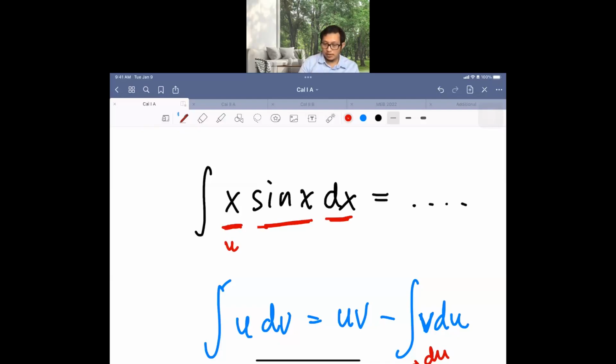The other one is sine x. Take that as your dv, because if you differentiate or integrate sine x, it results in cosine, and one more time it becomes sine, cosine, sine, cosine, sine, cosine. It will repeat, it will have a cycle. So if we take this u and dv,